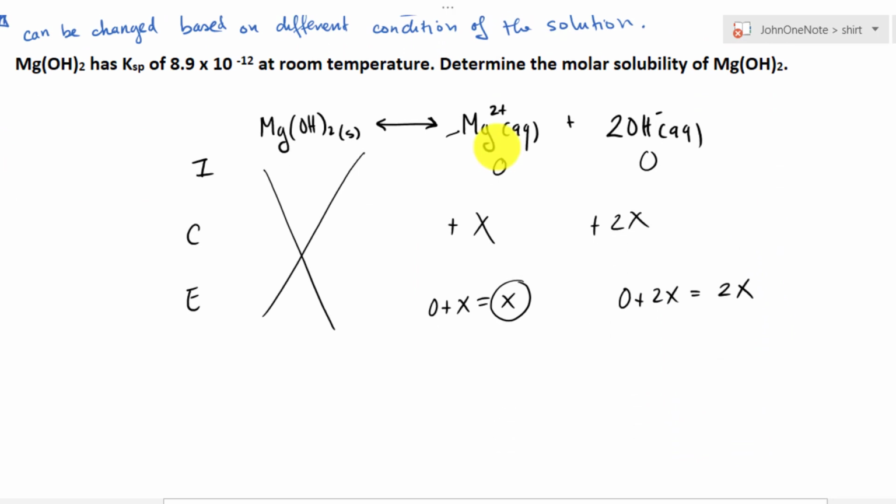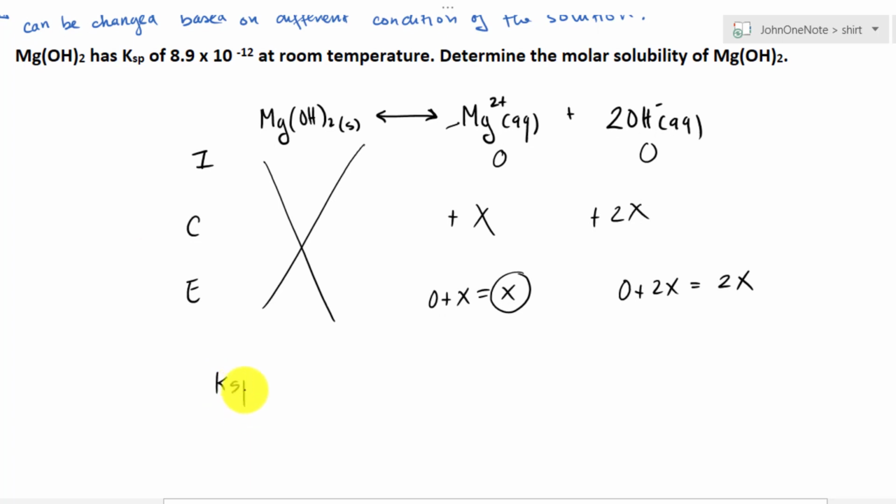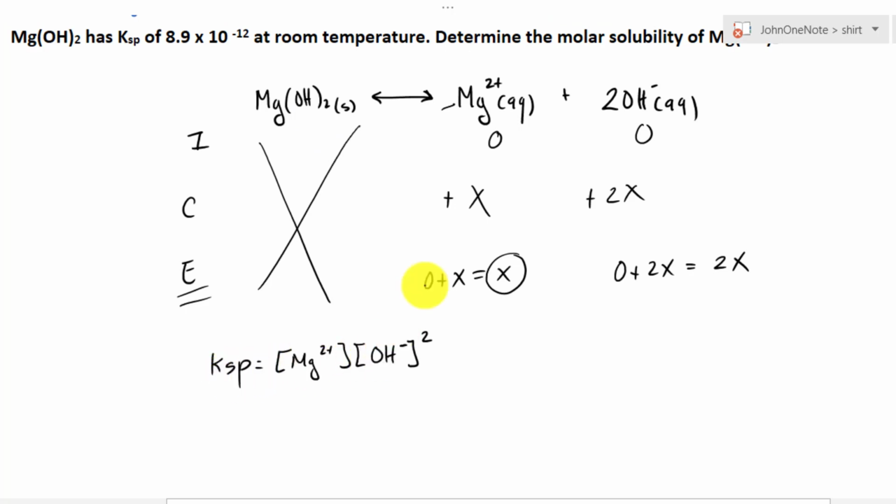Now let's combine with the KSP. We know that KSP is equal to the product over the reactant as always, but we ignore the solid. So in this case, we just have the product. When you write your KSP, be careful, that coefficient is for the exponent. You don't have to write 2OH minus because it's already there. So let's plug this in. At equilibrium, what do we have for Mg? We have x. And for the hydroxide, it is 2x. So now we have 2x to the second power. This 2x right here is for this part right there.